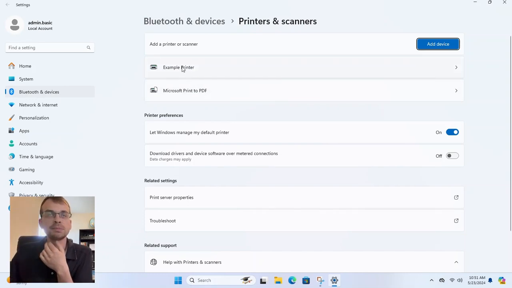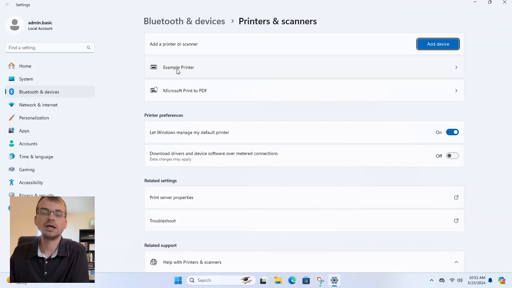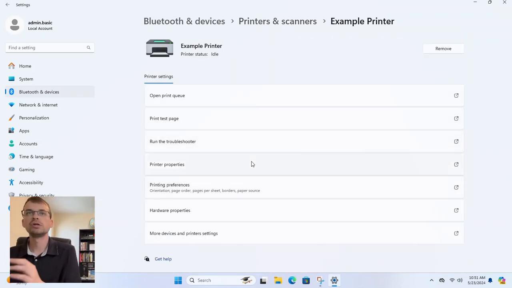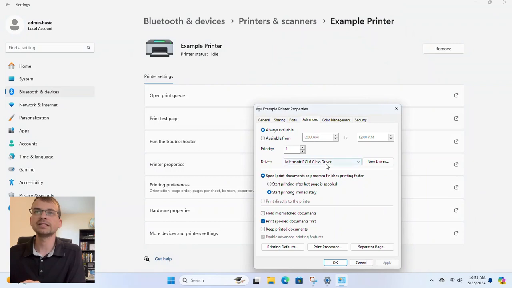But I got this printer here that I just plugged into my PC. It's an older printer, an HP 400M 451DN specifically. All I've done so far is just change the name to example printer. But if we go ahead there and click on the printer, go into printer properties and advanced, you can see when I plug the printer in, Microsoft just assigned it this generic